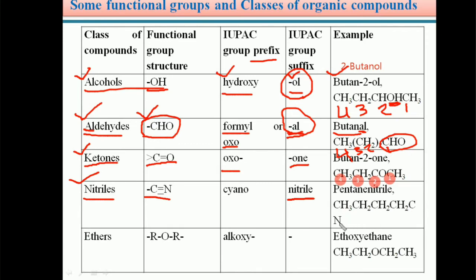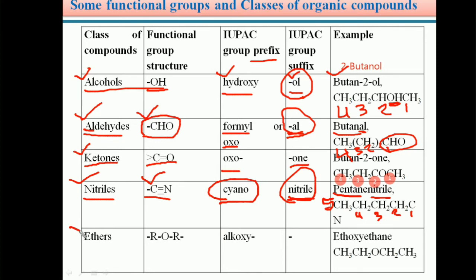Here there is no space, that's why I write nitrogen here. You can give numbering 1, 2, 3, 4 and 5. So there are 5 carbons which are connected directly, and its name is pentanenitrile. Here nitrile is the suffix when CN is the principal functional group. Students, if CN is a substituent, then according to IUPAC the prefix should be cyano. Cyano group. We can discuss some examples and you will get clarity.